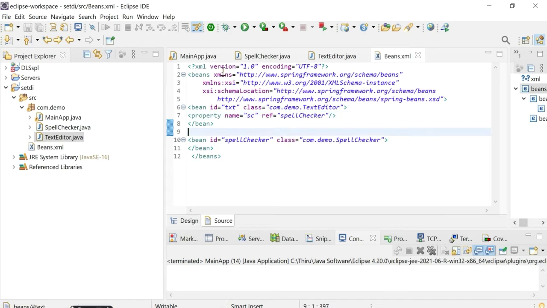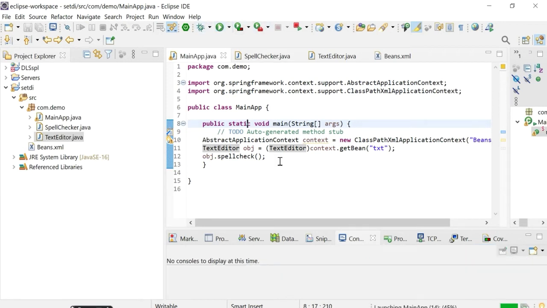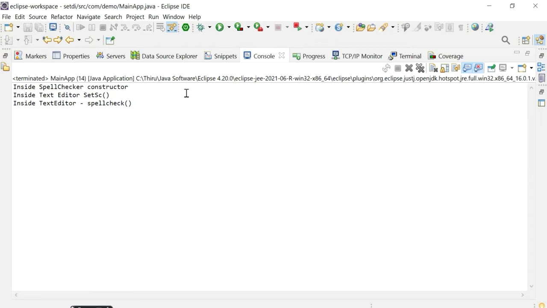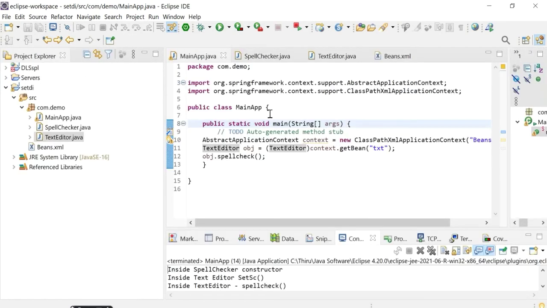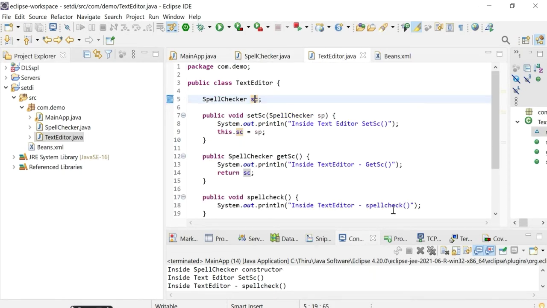Now if I run this, I just run the program and the application. You can see the output. Now we have to call spell check here.